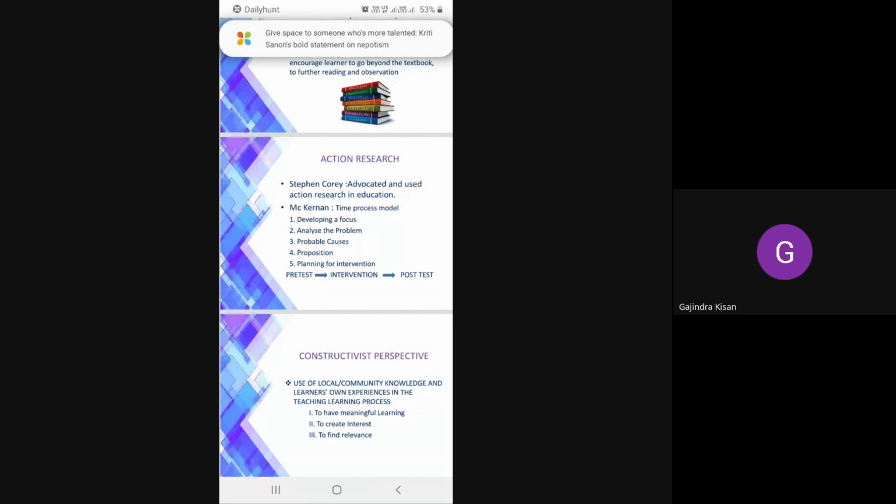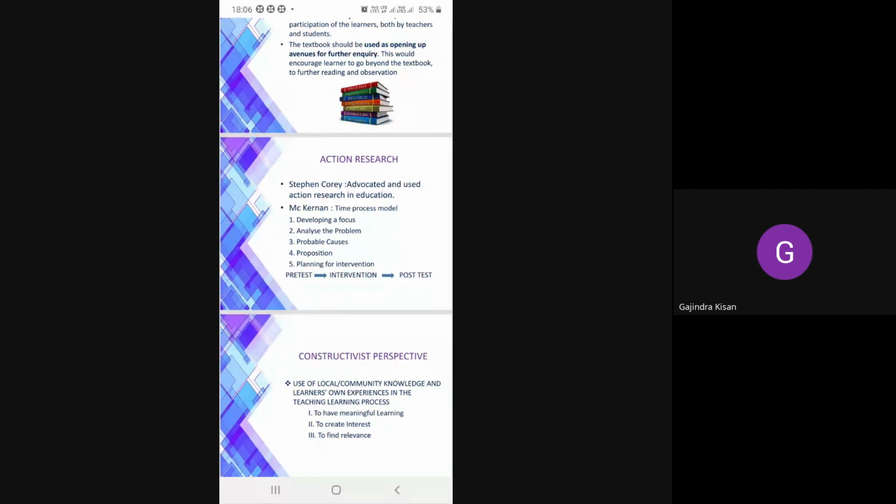If we study with our own interest, then only we can learn anything. No, not like that. Just everything will be possible out of one's own interest. Constructivism gives importance to that. So constructivism focuses that the role of the teacher is not to teach but to create the interest among the